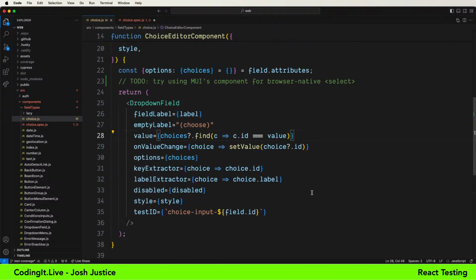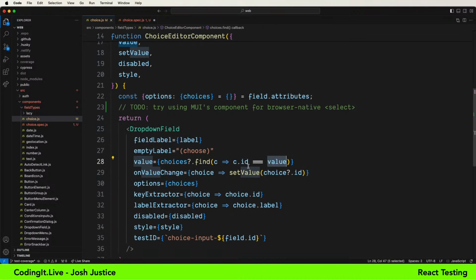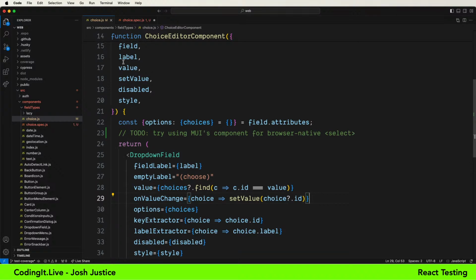I always forget how different UI libraries do dropdowns. But apparently what I'm doing here is I return the actual choice object as the current value. And then on value change, I pass the ID back. So the value passed into here is the ID, and the ID is what's sent back out. This is again because in my flexible user-defined data model, it's the string ID that's saved on the server side. And that way, if you change the label of a dropdown, all your records are updated automatically. So as before, we've got a string coming in and a string going out. So that's going to be an important thing.